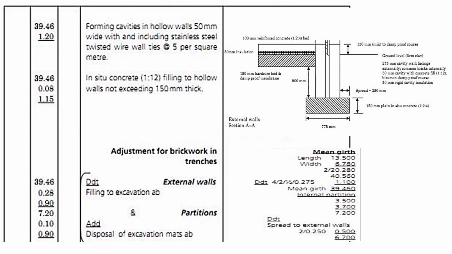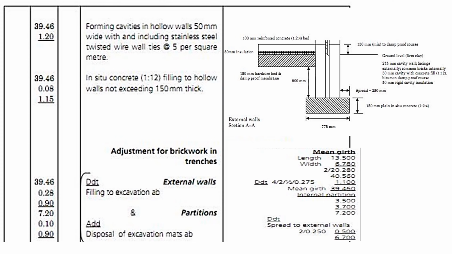We will now go to forming cavity in hollow walls, 50 millimeters wide and including stainless steel twisted wire wall ties, each 5 per square meter. This is where we introduce twisted wire wall ties inside the cavities, and also we are forming the cavity in hollow walls. So all that process of doing the cavities and including the reinforcement in the cavity, we measure it